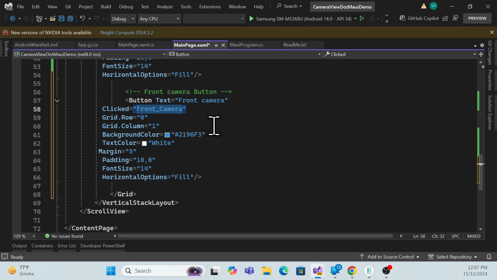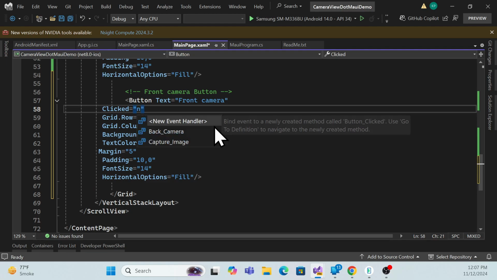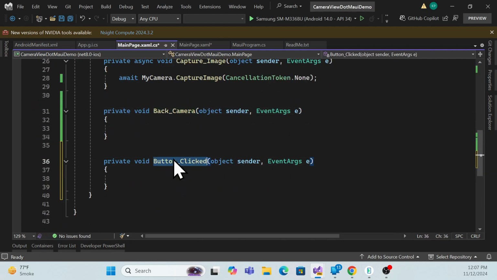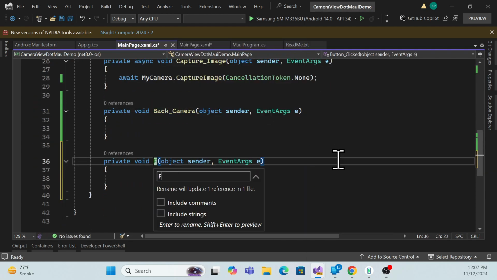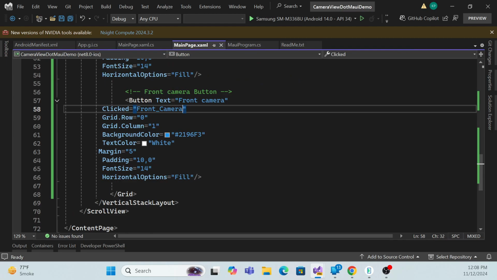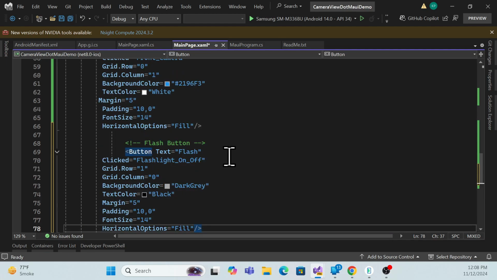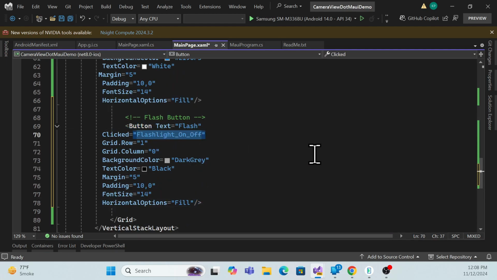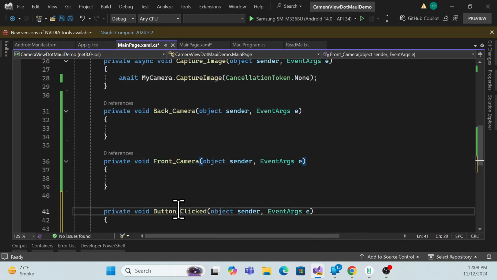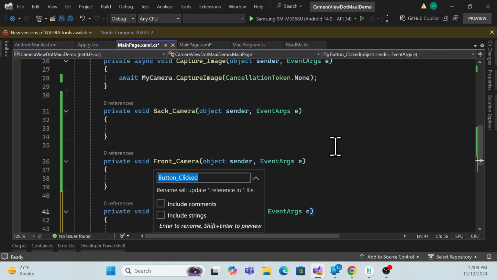and the same thing we can do over here, new event handler, and go back to here. Now rename it to front camera, and now the other two buttons we require, so let me create another one which is a flash, right? So flash on off, so let me create a new event for that also. Go back to here, change the name to flash on off,